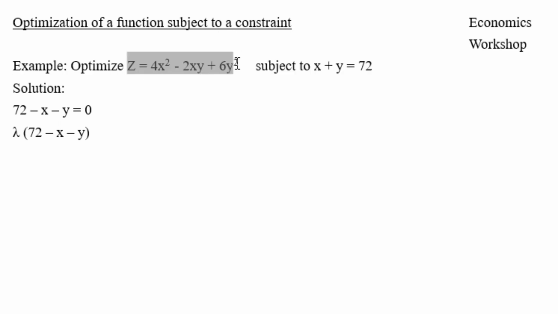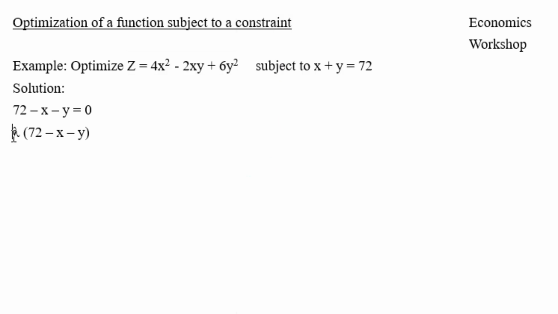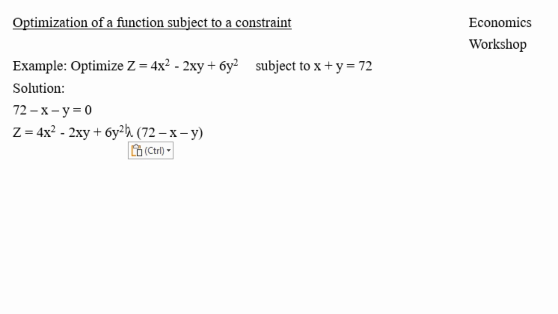So when we add that, we form the Lagrangian function. So this is the Lagrangian function. We have z equals